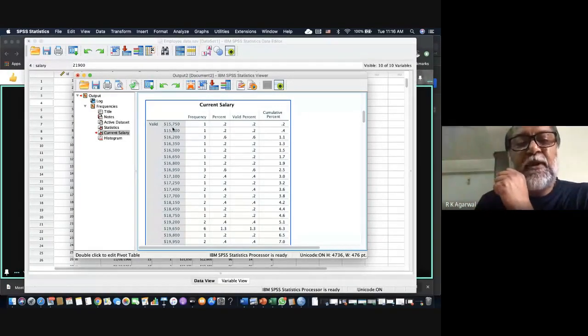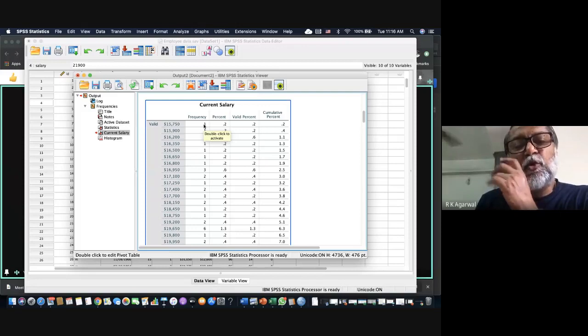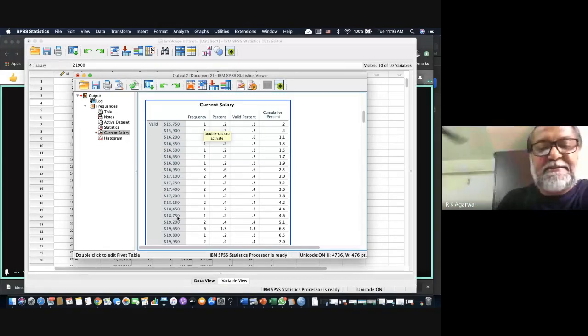For example, what if your first class is between 15,750 and 18,750, that is an interval of 3, then how many values will fall if both are inclusive of it? Then 1 plus 1 plus 2 plus 1 plus 2 up to this. So you will accumulate all these numbers, then you will get the total number of frequencies falling between 15,750 and 18,750, including both lower and upper limits.